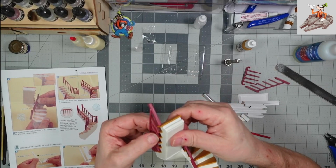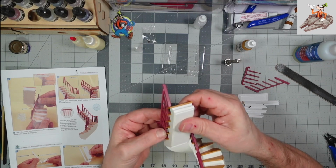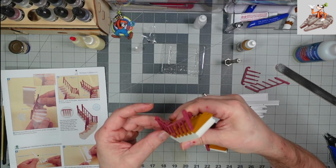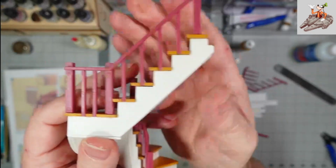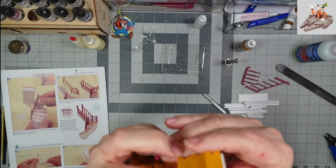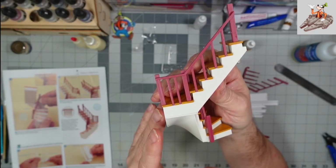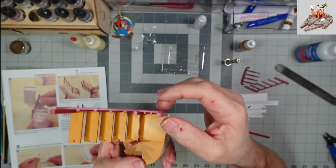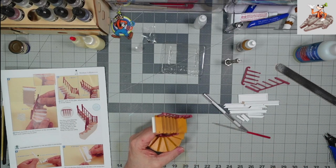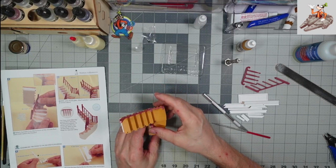Make sure these are all set back as far as they need to be. What I'm doing is using my thumbnail to push them back to fully seat them. And so the railings are on there. This one I noticed before was a little bit up. It's not going to affect the end product. Excuse me. And again. Okay, so